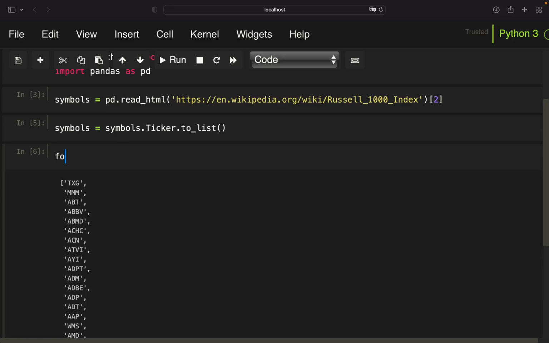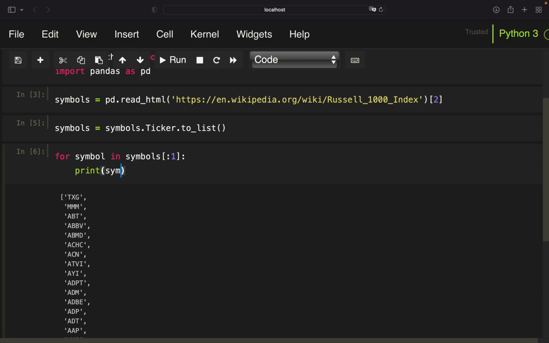Right, so let me quickly show you how this loop will work, because within this loop we will store the pulled price data into a database. So let's just loop for symbol in symbols, and we're ending the loop after the first element. So we are just getting